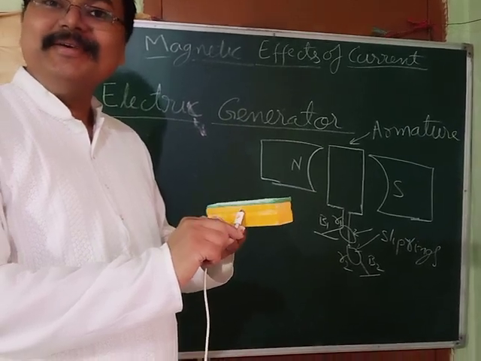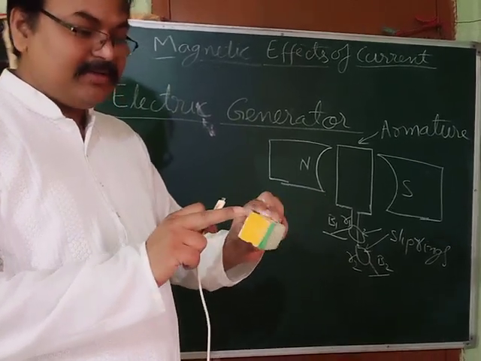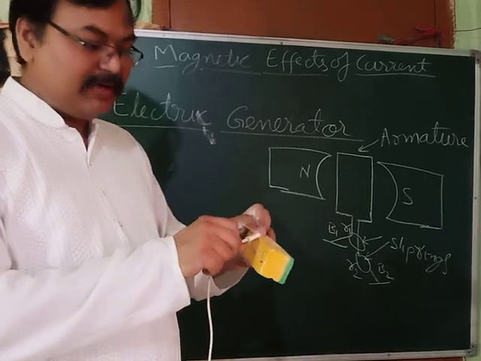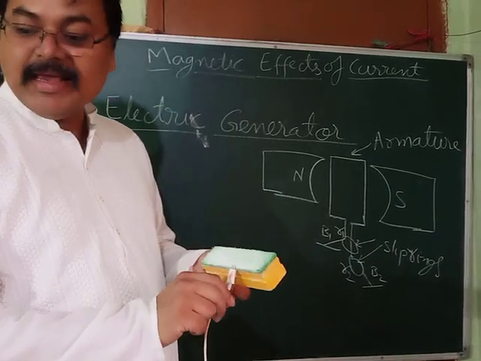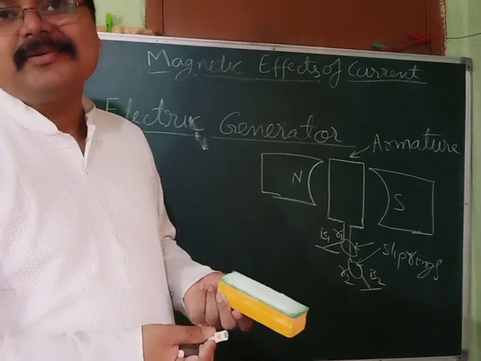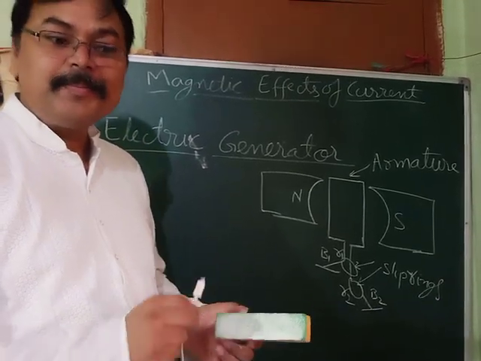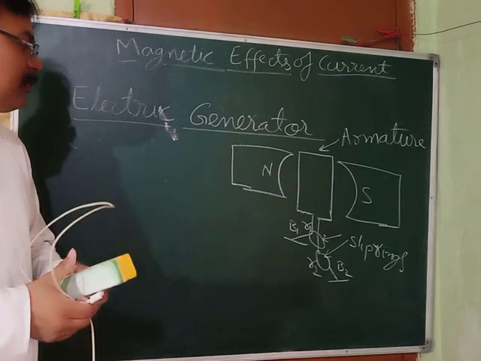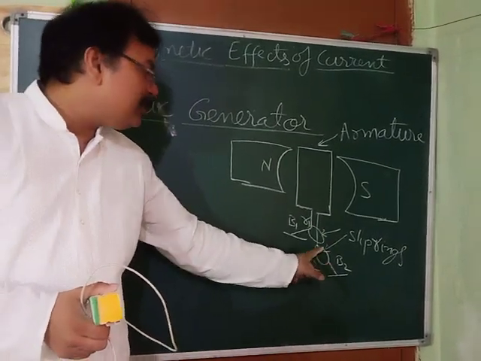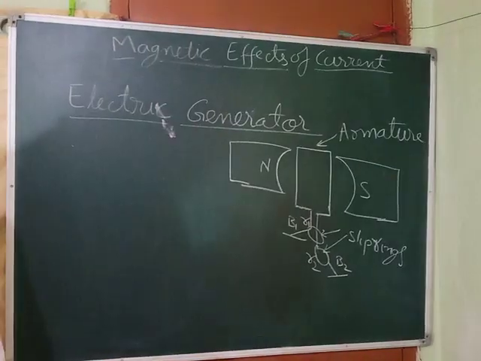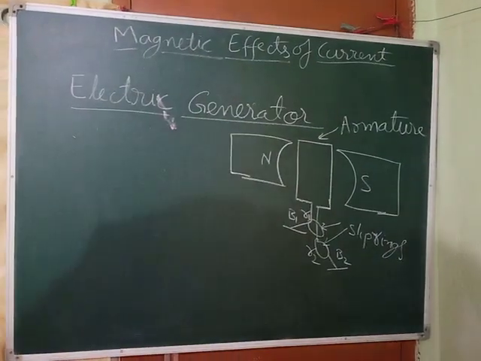What is my point? You can see this is the rectangular type, no? That's why it becomes difficult to slide over it. But if it is circular like a ring, then it becomes very easy to slide over it. Clear? So that's why it is called a slip ring, because this brush is going to slip over it, and this brush is going to slip over it. Clear? Now, how is it going to produce this current?